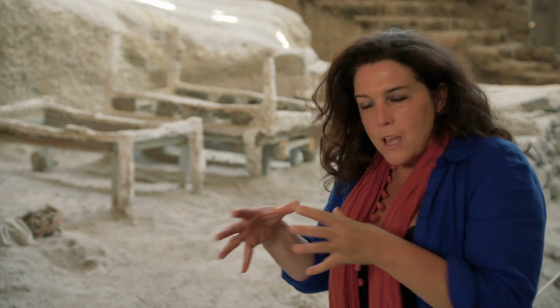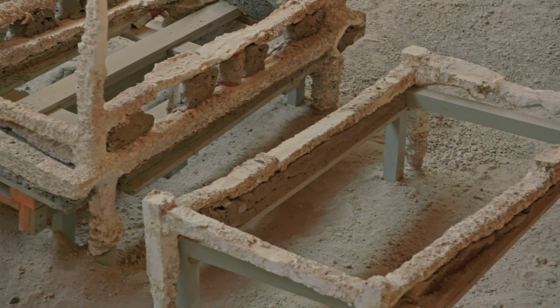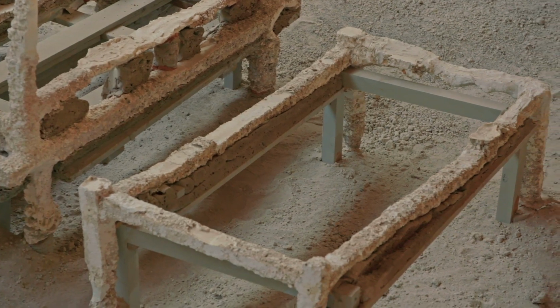The terrible thing is that the people here did actually have forewarning of the disaster. So a couple of weeks before the eruption, there were earthquakes. And we know that because people have done things like wrapped up their most valuable possessions and stored them carefully in the corners of rooms. Or here, you can see they've actually taken their beds outside. So they evacuated the town, then thought it was safe, and came back, only to be wiped out by the